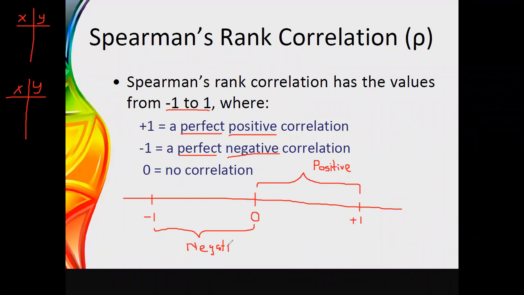Therefore, this is how we interpret the results once we obtain the values from the Spearman's rank correlation. Last one, perfect positive; 0, no relationship; -1, perfect negative relationship. And in between 0 and +1, whatever positive decimal value, there would be a positive relationship. If it is a negative value with some decimal value, then it would be a negative relationship.